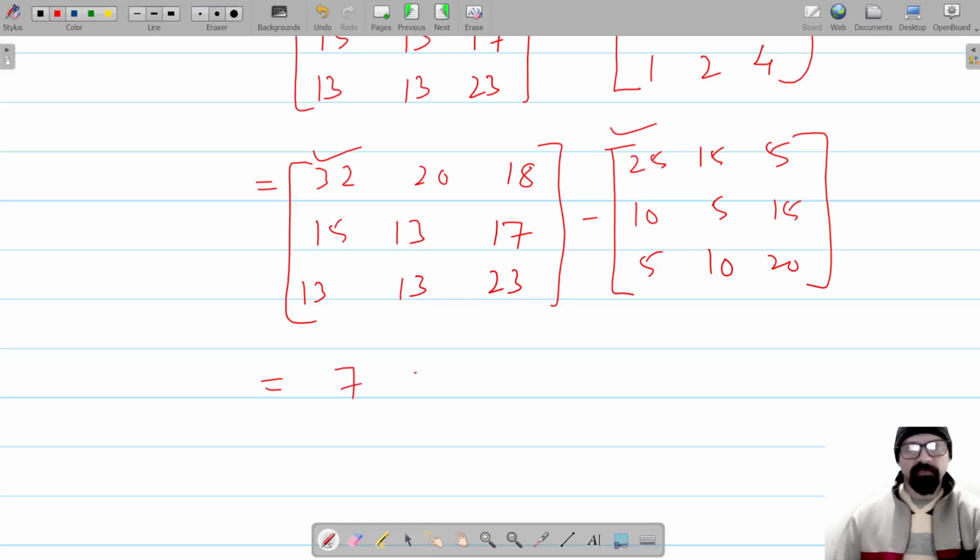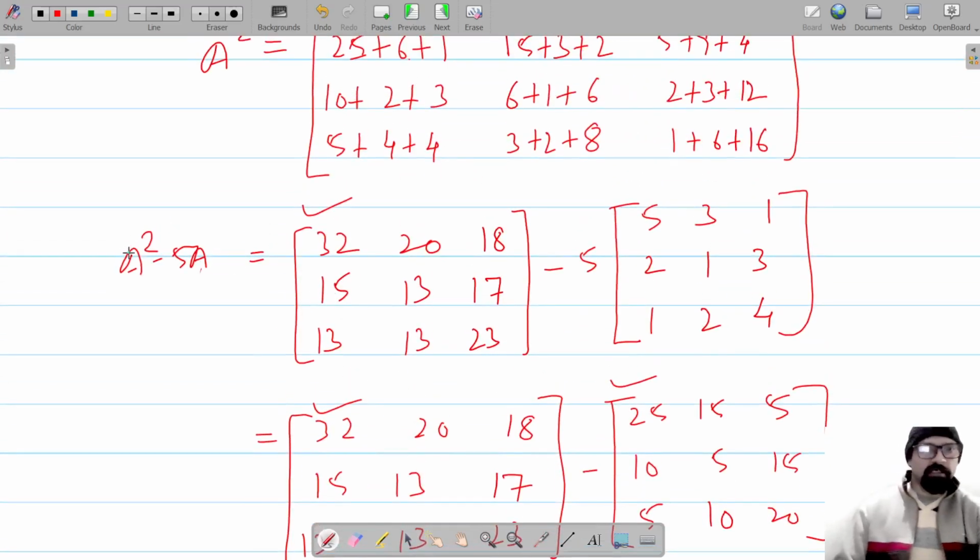Okay, 20 minus 15 is 5, 18 minus 5 is 13, 15 minus 10 is 5, 13 minus 5 is 8, 2 and 8 and 3 and 3. So 7, 5, 13, 5, 8, 2, 8, 3 and 3. ये हमने निकालना है इस matrix polynomial A square minus 5A के लिए। तो ये है आपका P।